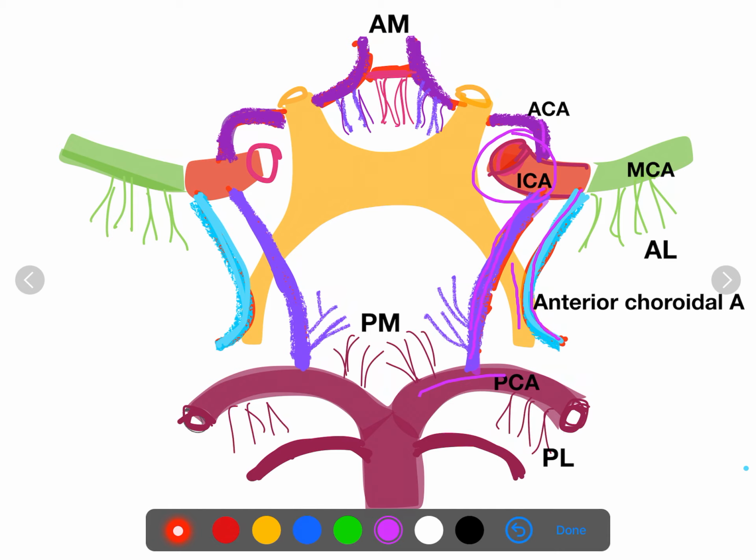Now the other branches are the anterior cerebral artery and middle cerebral artery. Now this anterior cerebral artery passes anteromedially towards the median longitudinal fissure of the cerebrum, where it joins with the same branch of the internal carotid artery from the other side through the anterior communicating artery. Now this artery, after reaching the longitudinal fissure, enters over the medial surface and continues posteriorly along the convexity of the corpus callosum.